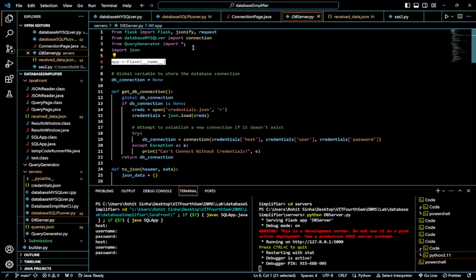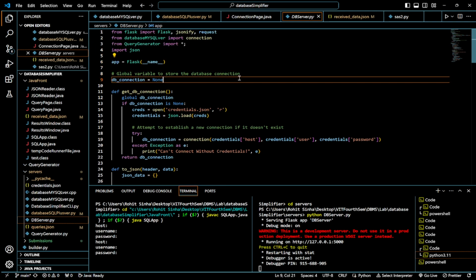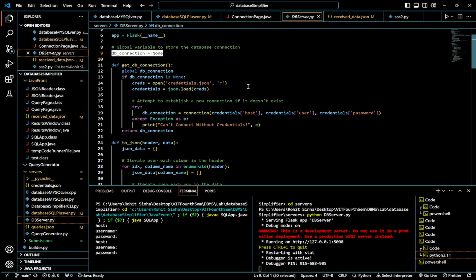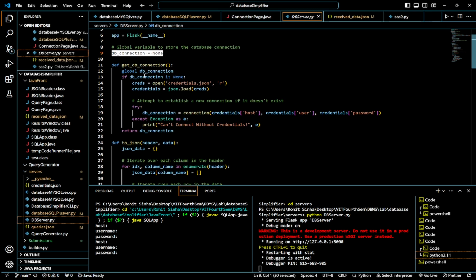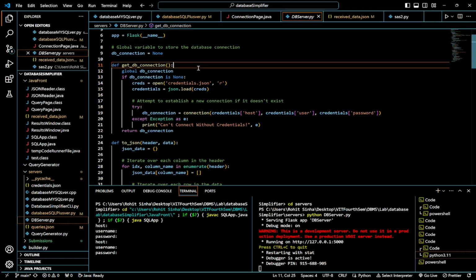Finally, we're going to initialize the Flask app and define a global connection object so that I can store the connection status of my database. Now I have defined a few methods over here. The first method is get DB connection. This method is what is actually used to connect to the